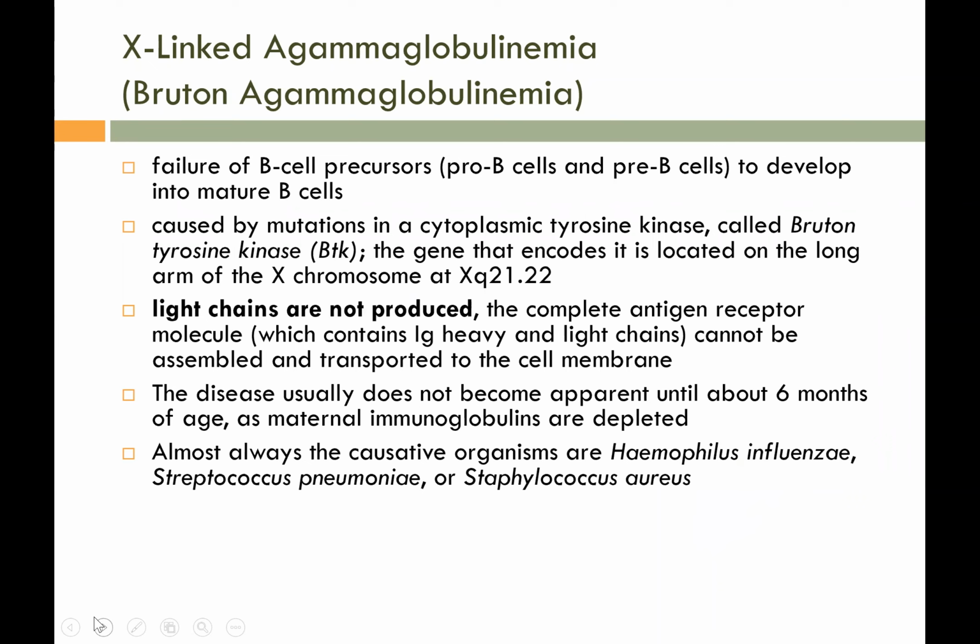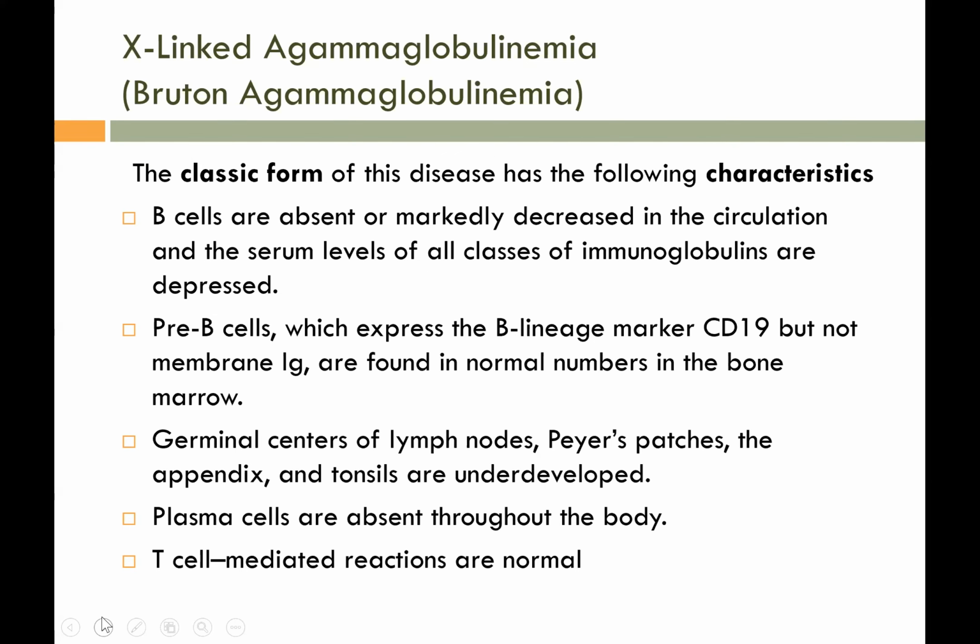So you don't have mature B cells; the light chains are not produced. But take note that you have maternally produced antibodies coming from transplacental migration from the mom going into the baby. So somewhat this is protective for a period of 6 months. After it wanes off, that is when infectious organisms are expected to come in, and that is when you will have this problematic infection experienced by the baby.